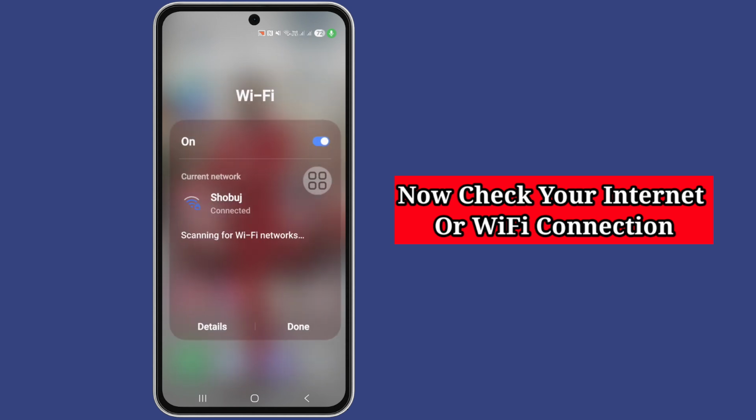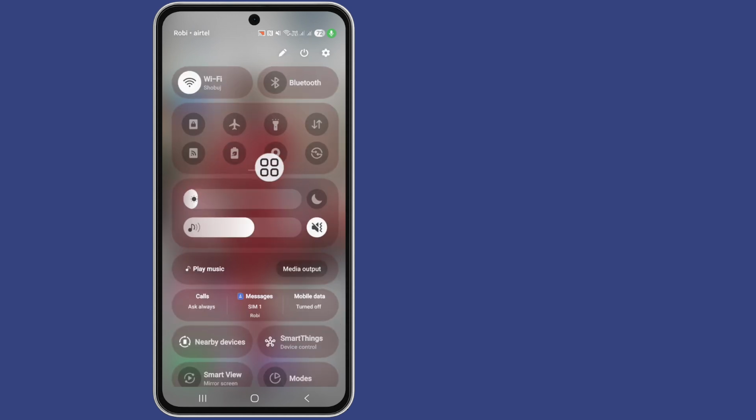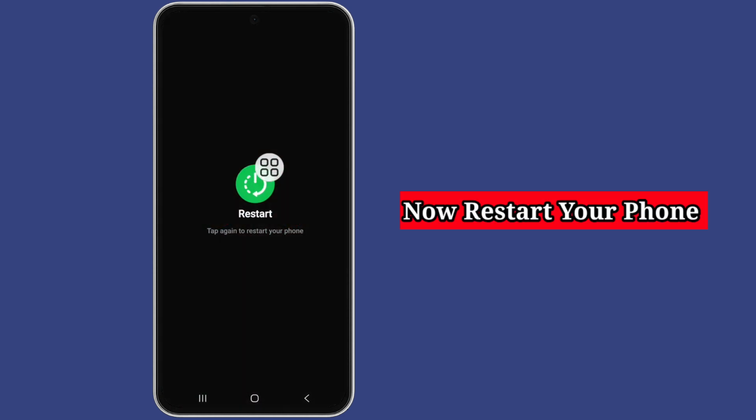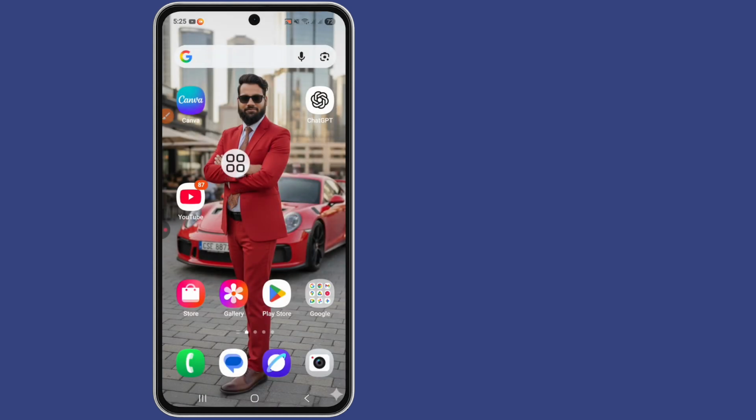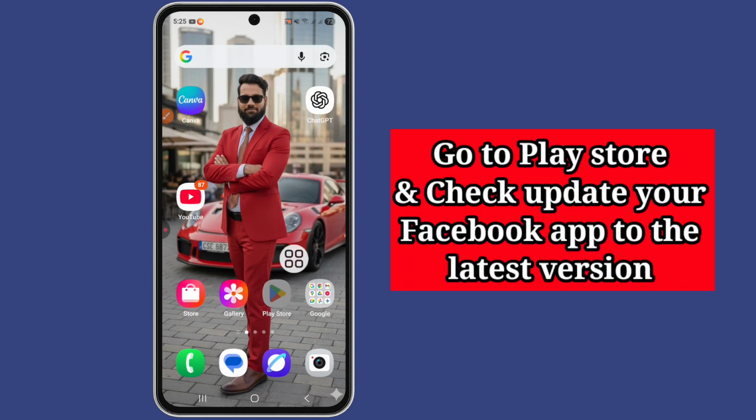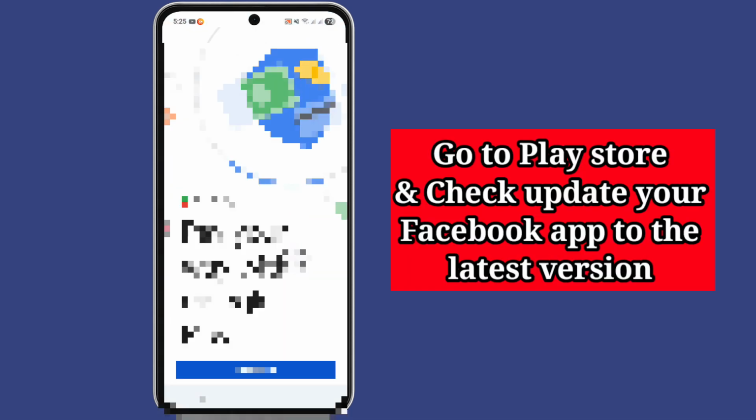now check your internet or Wi-Fi connection. My Wi-Fi is connected. Okay, now restart your phone and reopen it again. Okay, go back and go to your Play Store and now search here